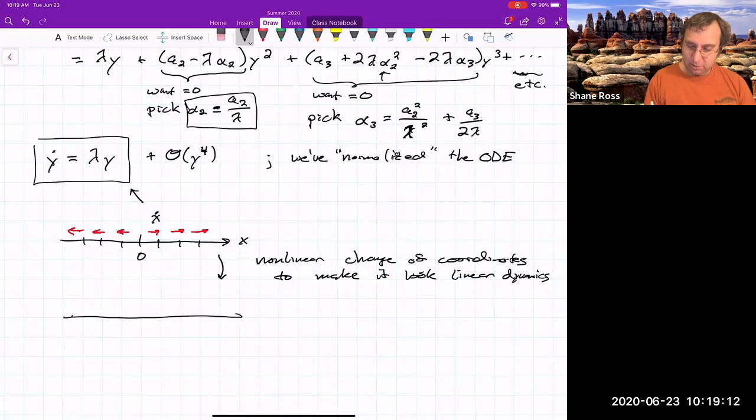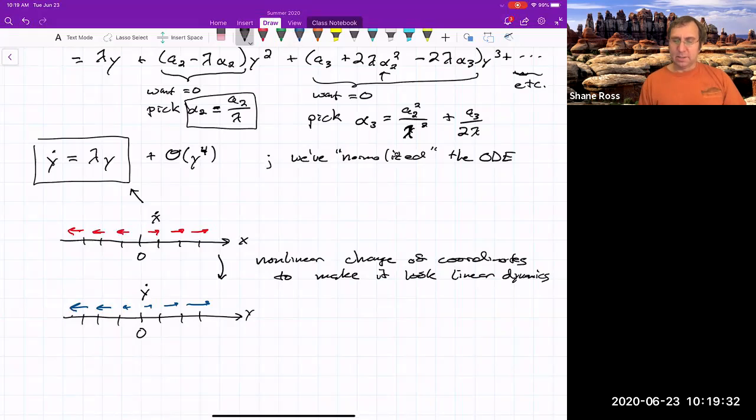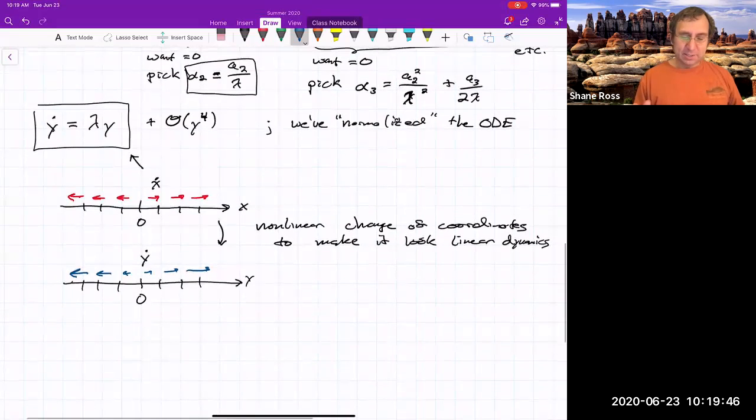So in the y variables, this thing really is just linear. And if you want, it's as if we've done a remeshing of x in order to make y dot look linear. So that's the motivation. There is more to this theory, and it definitely gets more complicated in